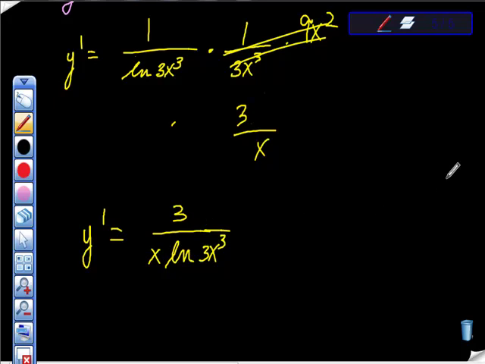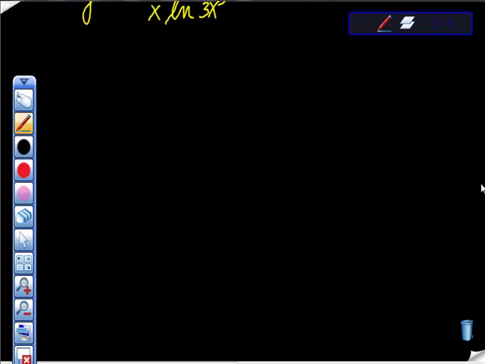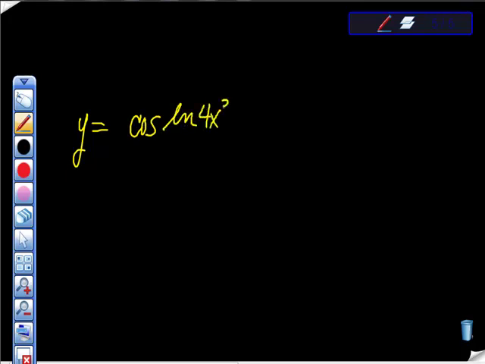All right? Let's do one more real quick. Let's take a look at this one. I like this one a lot because, well, let's take a look at it. Is y is equal to cosine ln 4x cubed. Again, I'm going to look at this thing as if it was a chain rule problem, and I'm